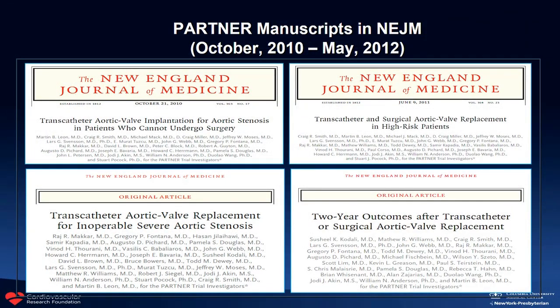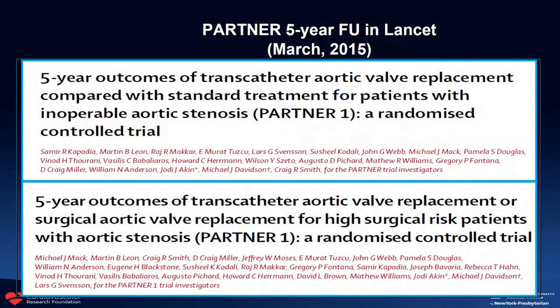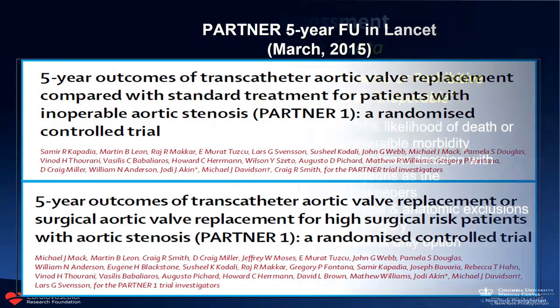We actually have, as I said, studies across all the risk levels: extreme, high, intermediate, and low risk. All those trials have been published in the New England Journal of Medicine. All of them have been randomized clinical trials. So we have really very supportive data on the 1-year results. But we also have 5-year outcomes from PARTNER 1, which was the first study. And we have also studies now going all the way up to 10 years follow-up, although most of those patients, because of their age, didn't last that long.